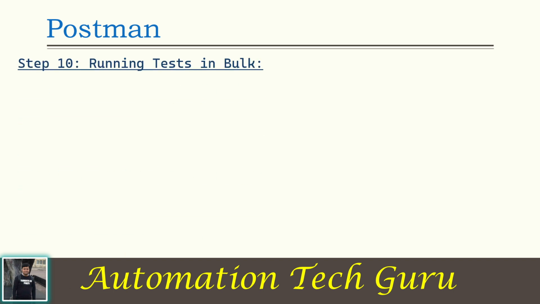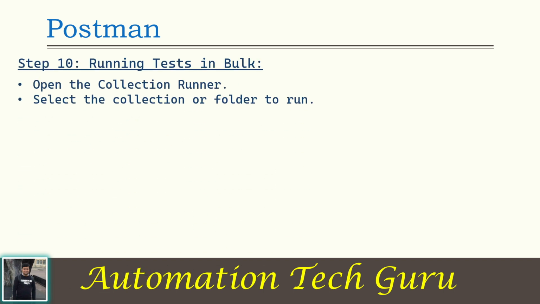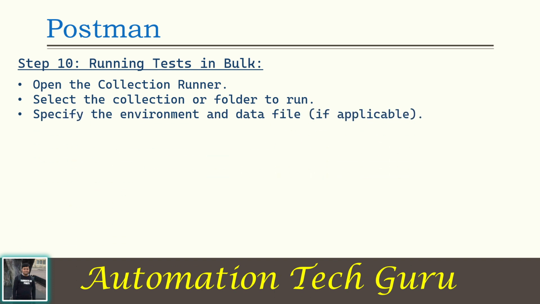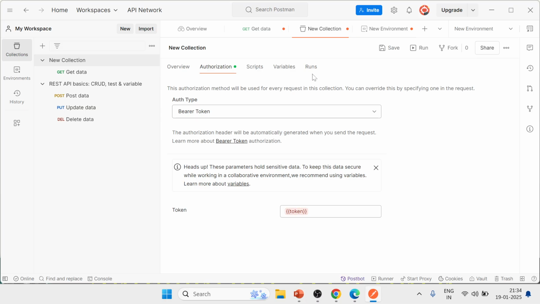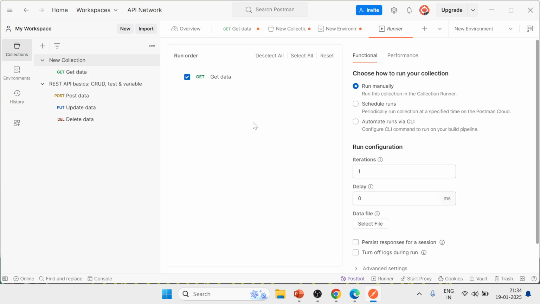Next is running the tests in bulk. I already told you to open the collection runner, select the collection and folder, and specify the environment data and data file. Let me show you this again. If you want to run anything from this collection or whatever collections you are having, you need to click on this run collection. You need to select the collection from here because we have only one collection, but there are multiple